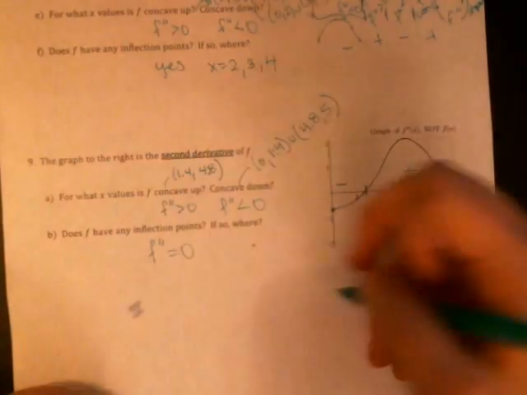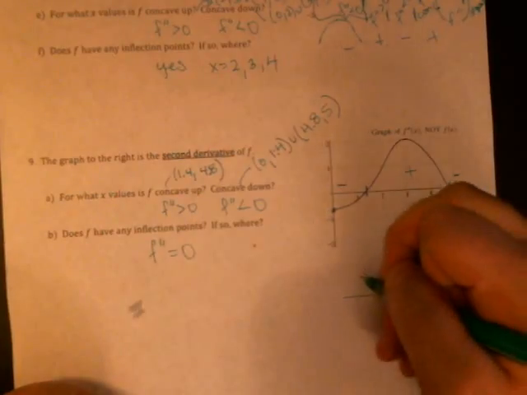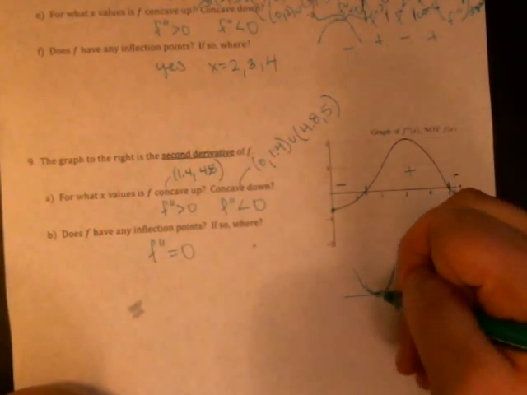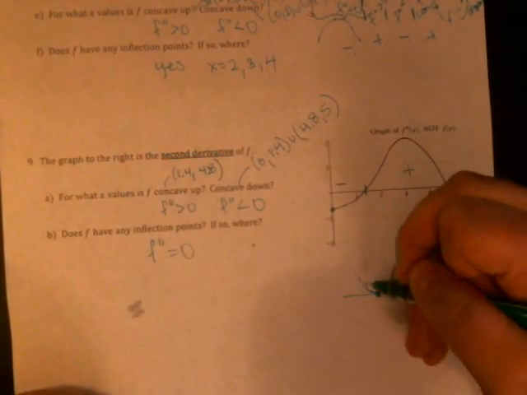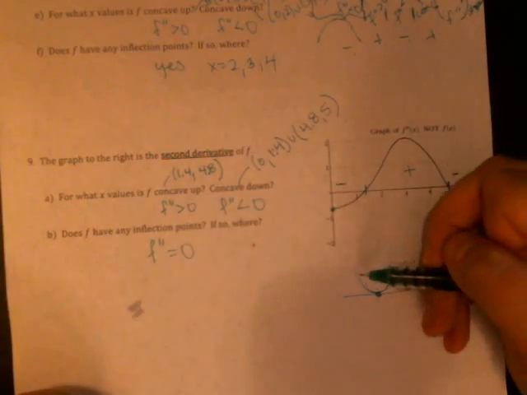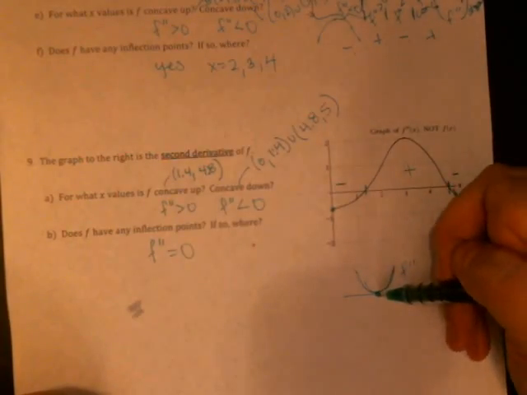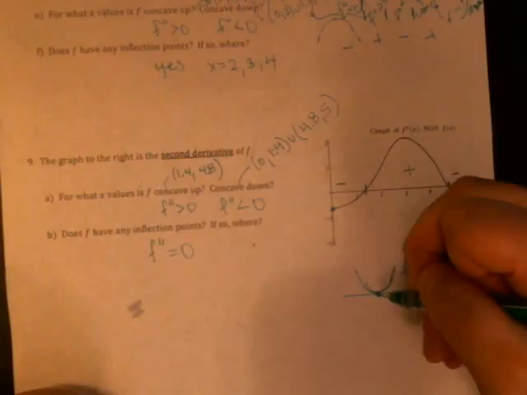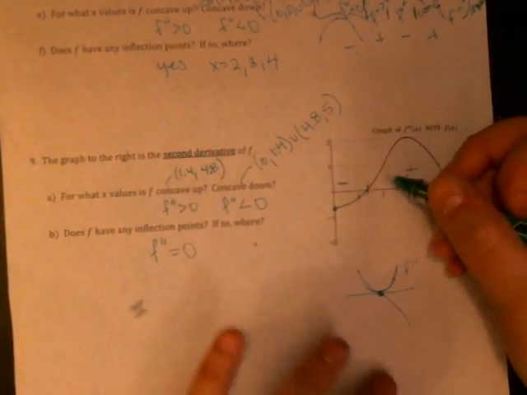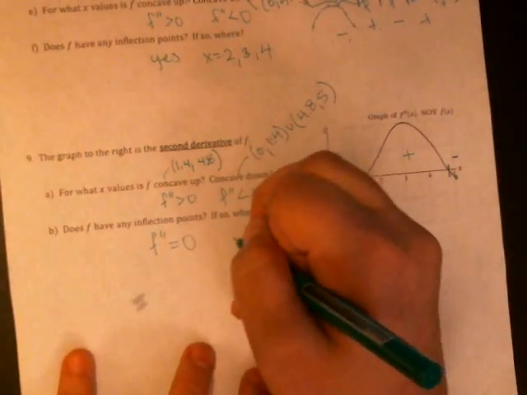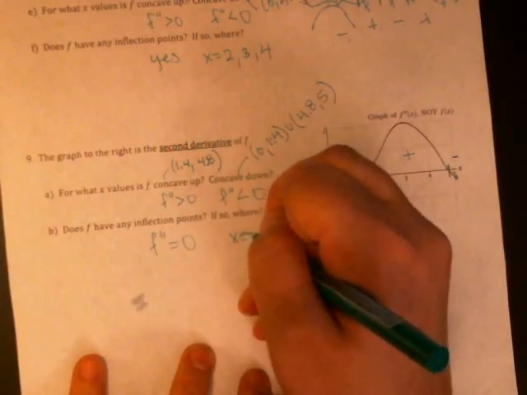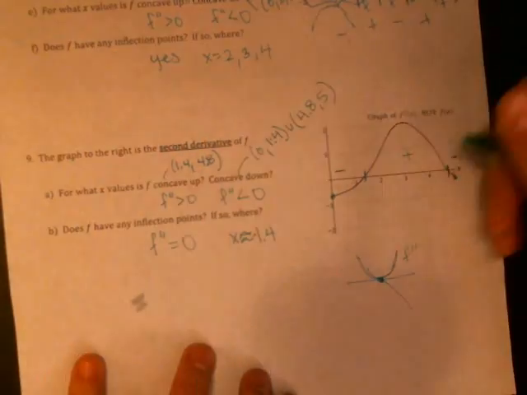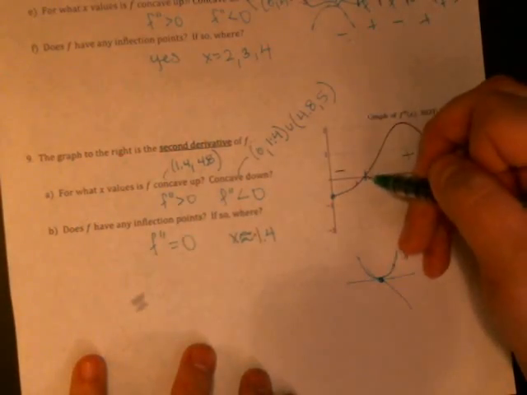You do have to be careful because if your graph did this, if this was your f double prime, then you didn't actually get an inflection point. It's saying the function was concave up, and then it straightened out, and then it went back to concave up. So you do have to get the switch, but we don't have anything weird like that happening here. So the where is at those two, and we'll say approximately, those two values we picked out before. It switches from concave down to up, and